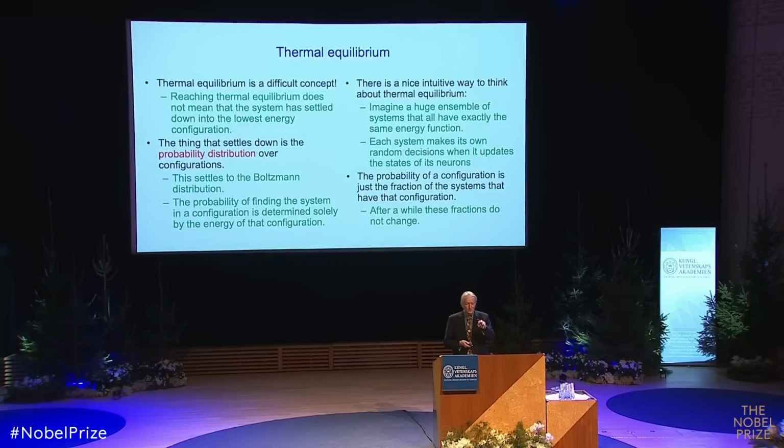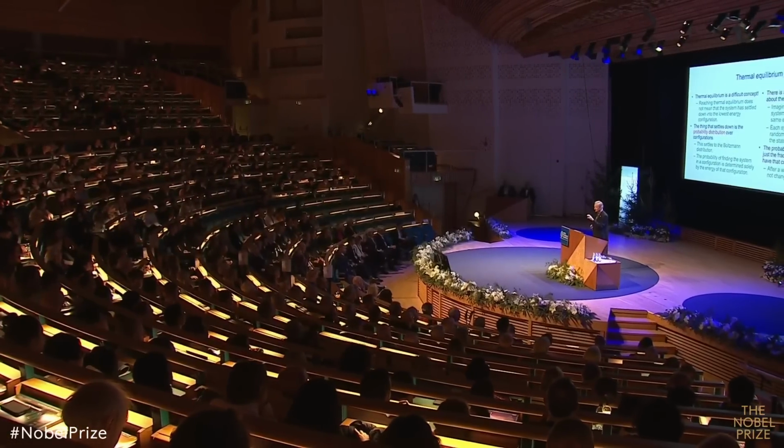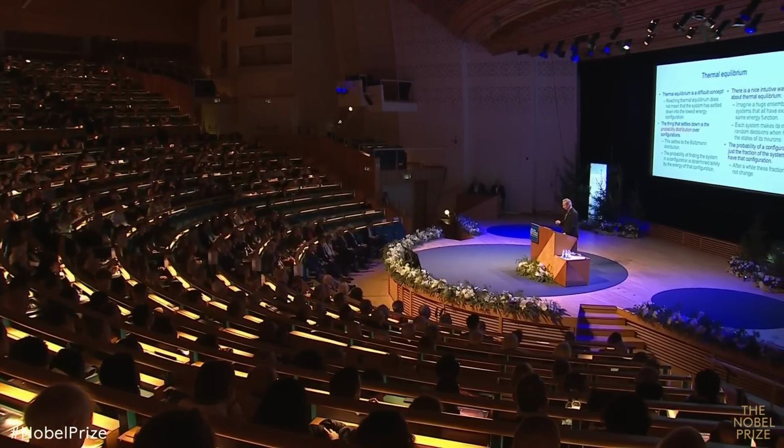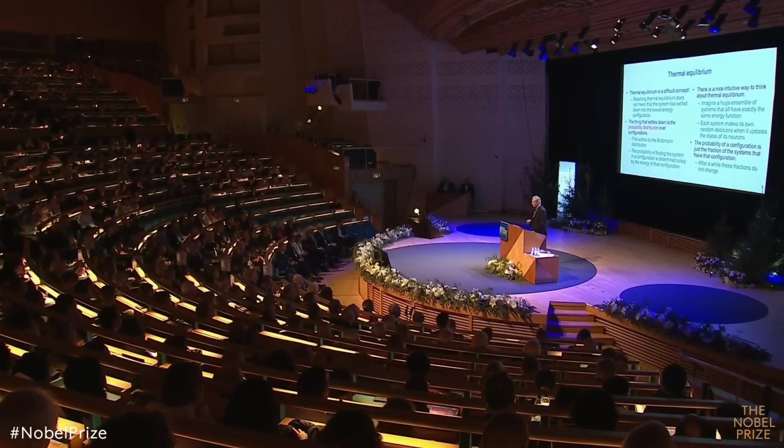And gradually what will happen is the fraction of the systems in any one configuration will stabilize. So any one system will be jumping between configurations, but the fraction of all the systems in a particular configuration will be stable. So one system may leave a configuration, but other systems will go into that configuration. This is called detailed balance, and the fraction of systems will stay stable. That's it for the physics.